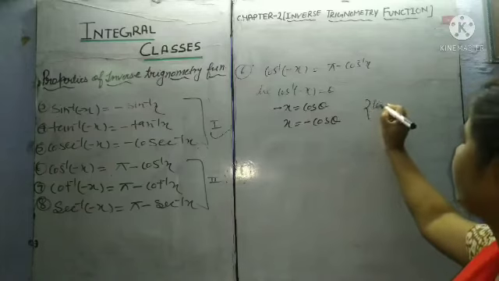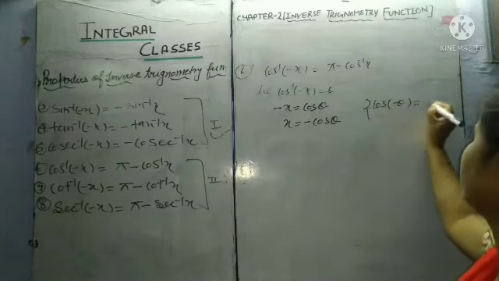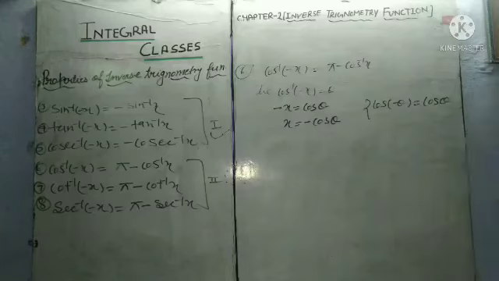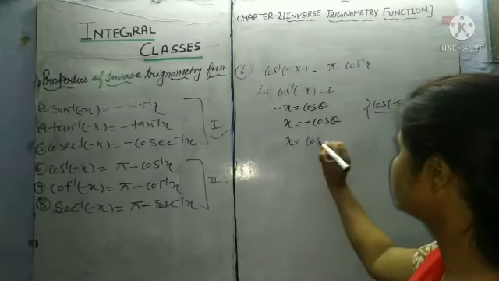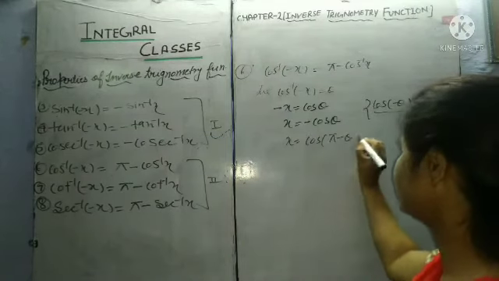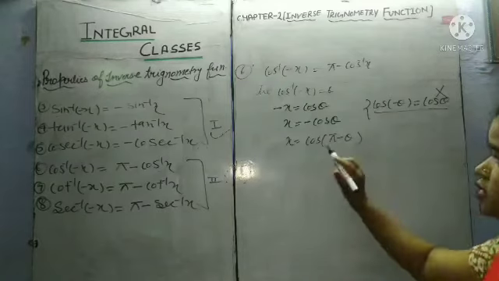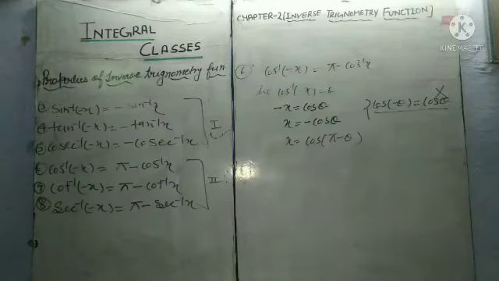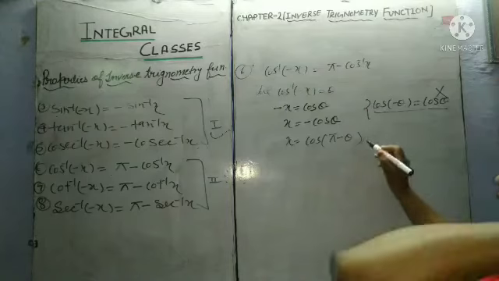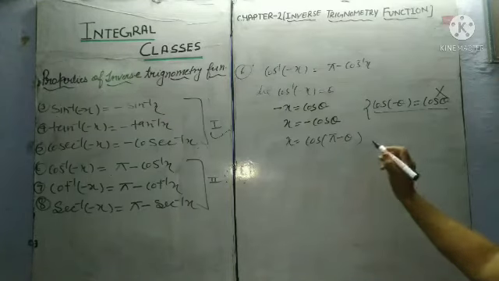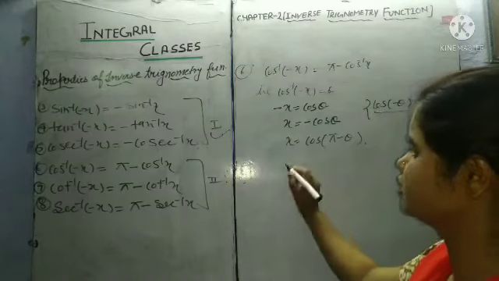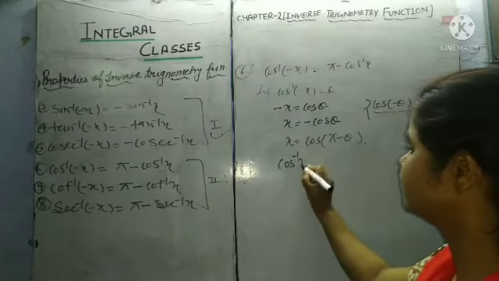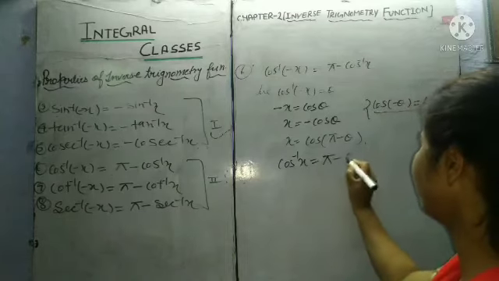Students, we know that cos minus theta is equal to cos theta, always positive. So we will not use this property here. Again we will use cos of pi minus theta. We should write minus cos theta is equal to cos of pi minus theta, and we have studied this property in our 11th class. Now cos inverse goes to the other side, it becomes cos inverse x is equal to pi minus theta.